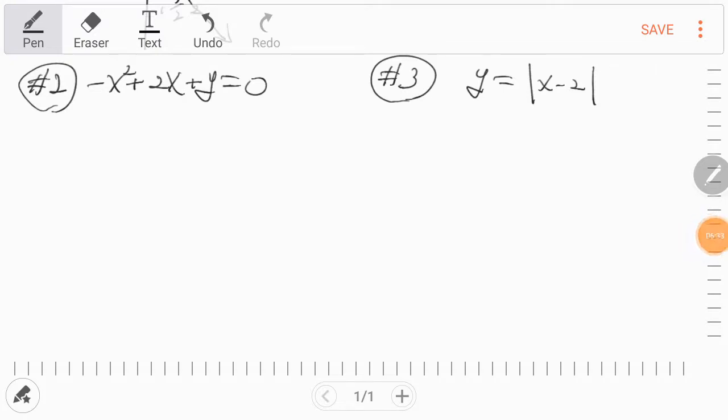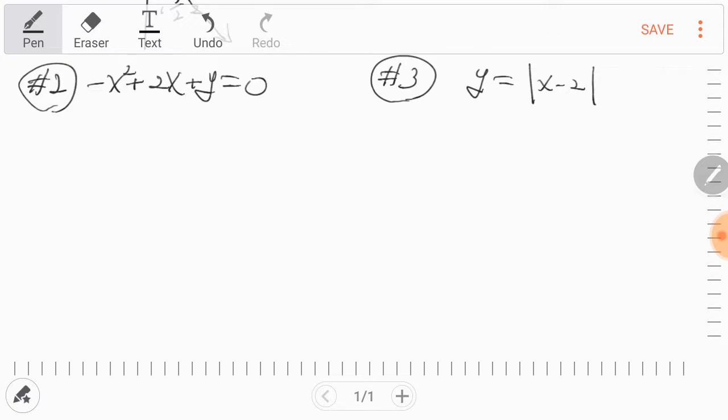Okay, then how do we graph example 2? Example 2 is a quadratic equation, and example 3 is an absolute value equation. In this case, we will learn briefly the graph of this in a later chapter, but this time we will just use